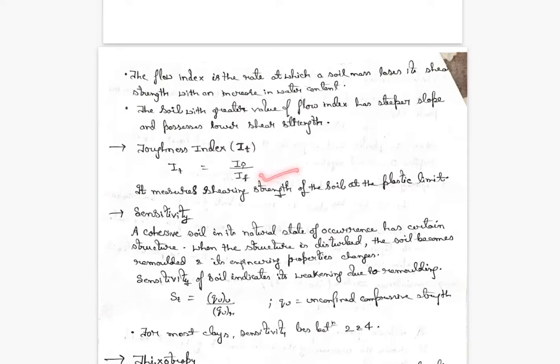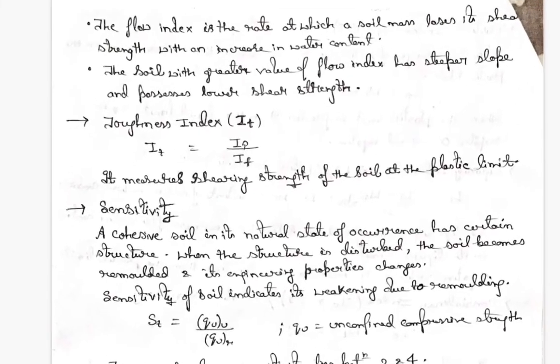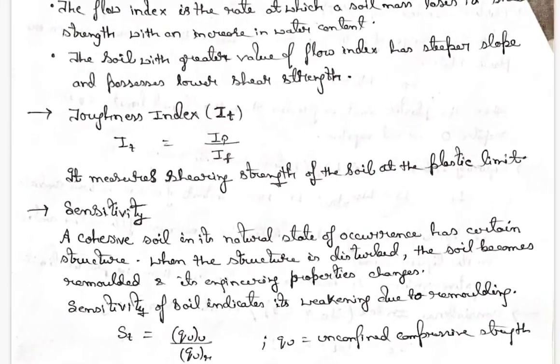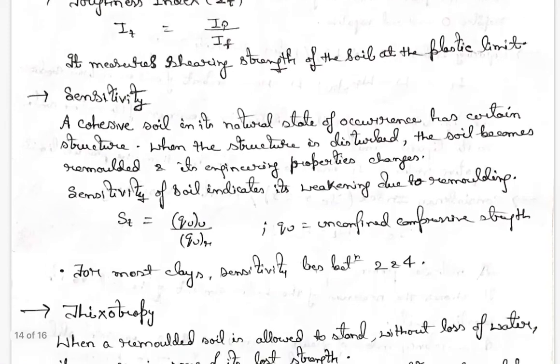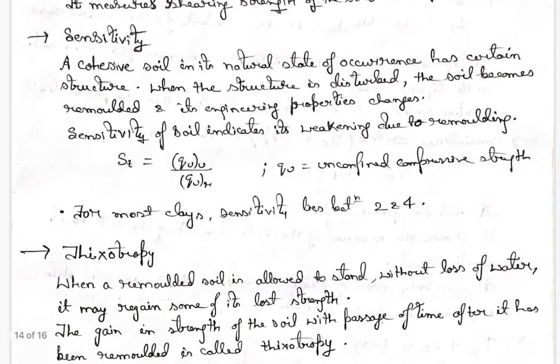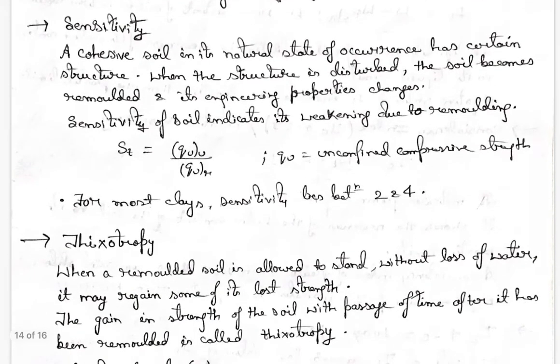Okay, next is toughness index. टफनेस इंडेक्स इज डिफाइंड एज IP upon IF। What is IP? IP is plasticity index and IF is flow index. The ratio of plasticity index to flow index is IT, that is toughness index. Okay, it measures the shearing strength of the soil at plastic limit। प्लास्टिक लिमिट पे सॉइल का क्या shear स्ट्रेंथ है उसको मेजर करके बताता है कौन, टफनेस इंडेक्स।